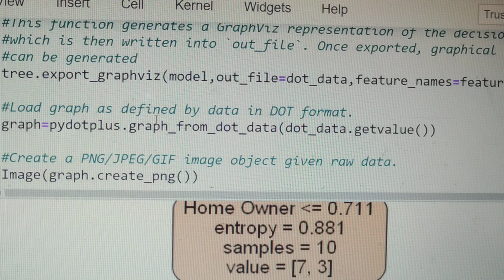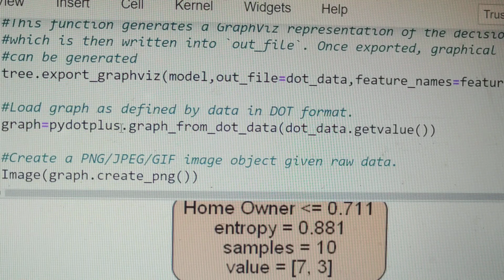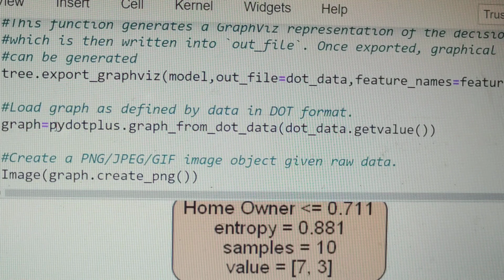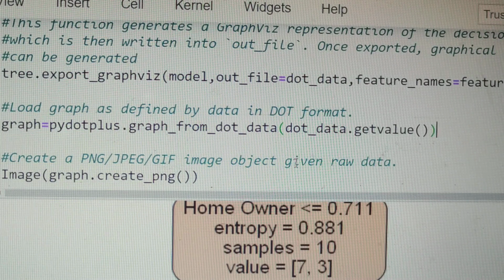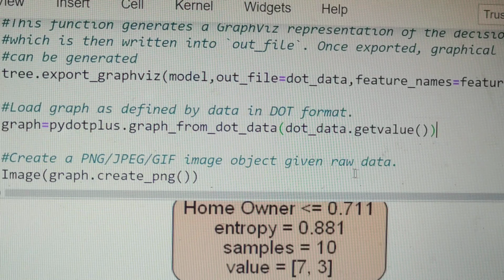Okay, so this is the second step, and the third step is that you have to load the graph as defined by the data in the dot format. So graph equal to pydotplus.graph_from_dot_data, dot_data.getvalue. So you can load your graph as defined by the data in the dot format.